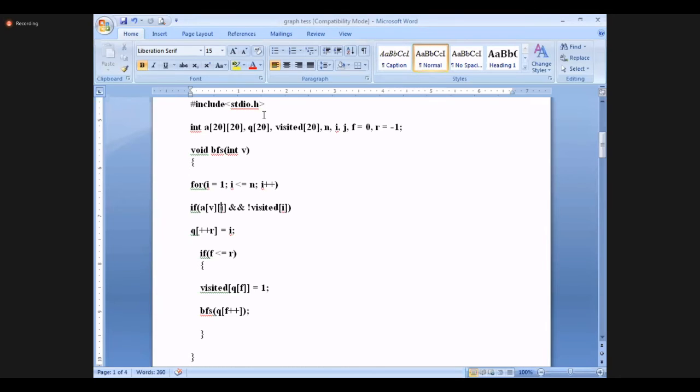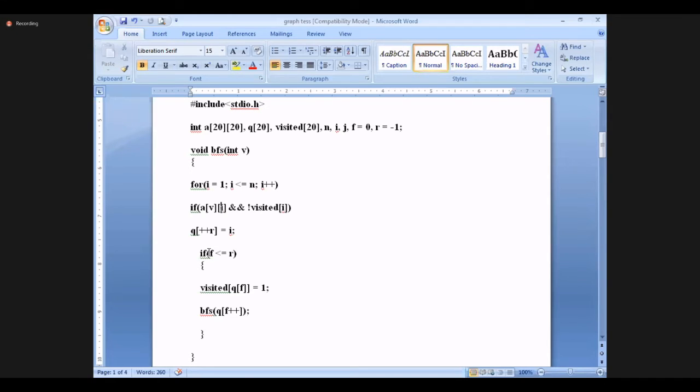So then the flow will be: if A of V i is 1 and I is not visited, that means the particular I is not visited, then we'll make Q of plus plus R is equal to I. The particular node is the one you are starting from, and you are marking it as the first node.